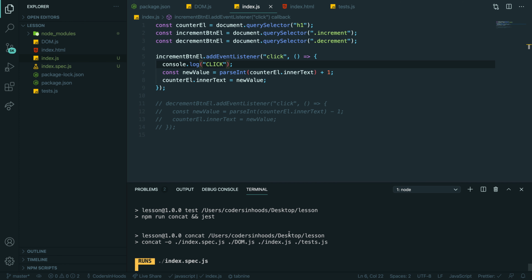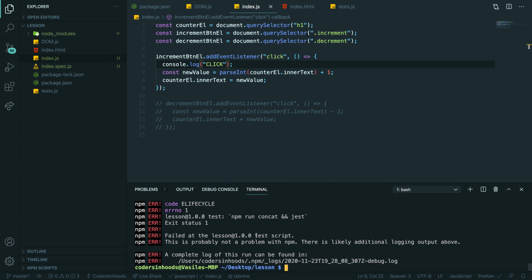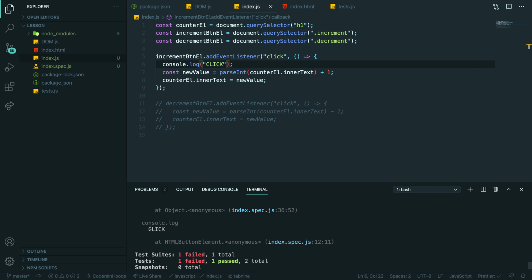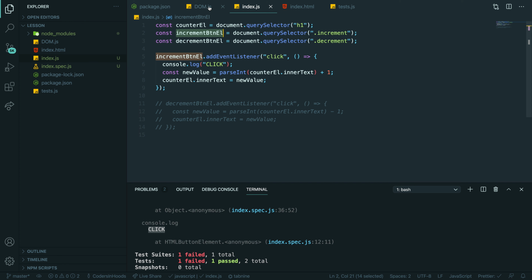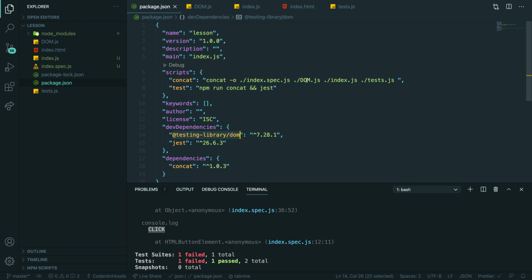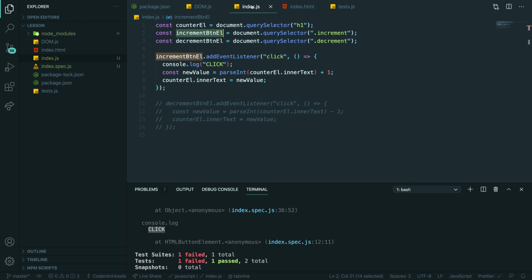Refresh. Yeah, we actually fire event. So for some reason, we are not getting, and I think I know why we're not getting, because that might be declared sooner. But no, it still should keep the reference. Let me check our concatenation. So we have DOM, then we have JavaScript. So let me just quickly check the element.